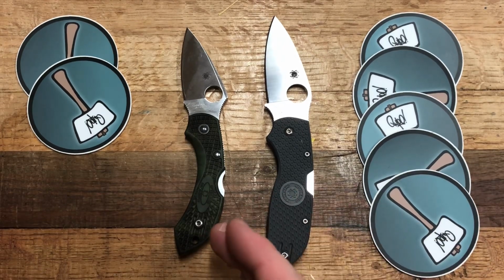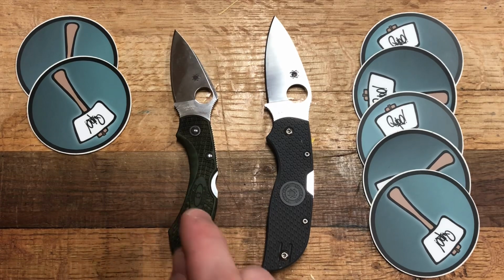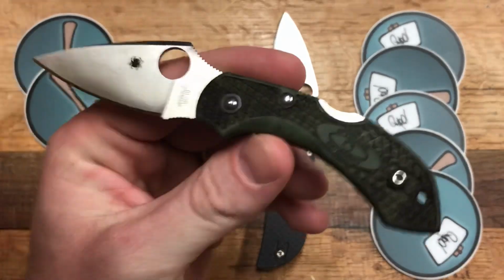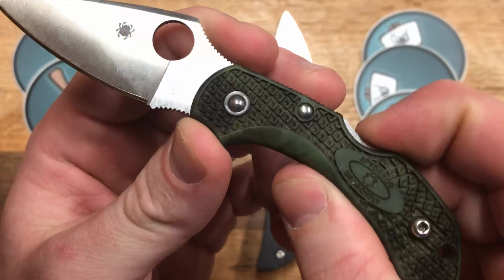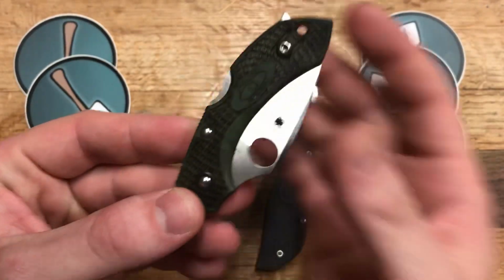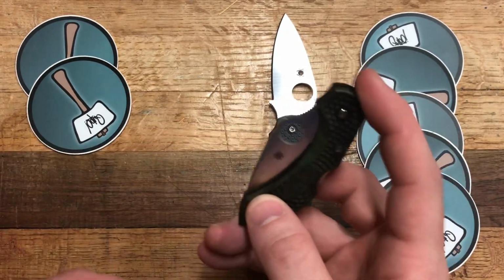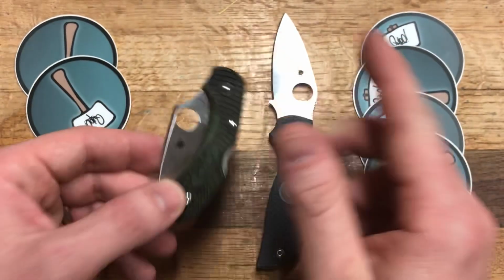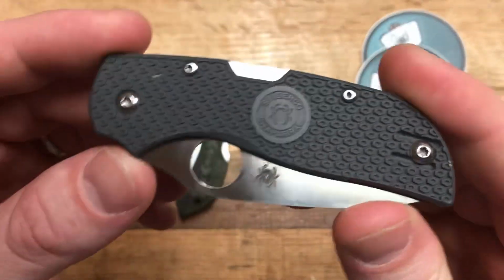I love the Dragonfly, but I have to think very specifically to go get the Dragonfly out. Just because it is a backup knife, and typically I'm carrying the Rody as a backup knife or kind of a in the pocket carry. The Dragonfly is fantastic, but deep down in the pocket, it's a little bit too wide for me in terms of what else I carry in my pocket. I love the knife. I do carry it quite often, but I have to explicitly think I would like to carry the Dragonfly today. Whereas the Chaparral is in regular rotation as an EDC knife,